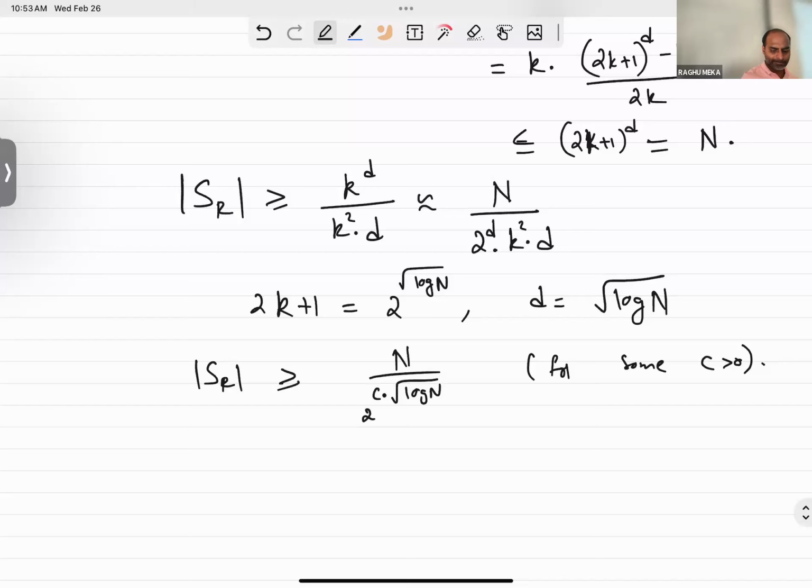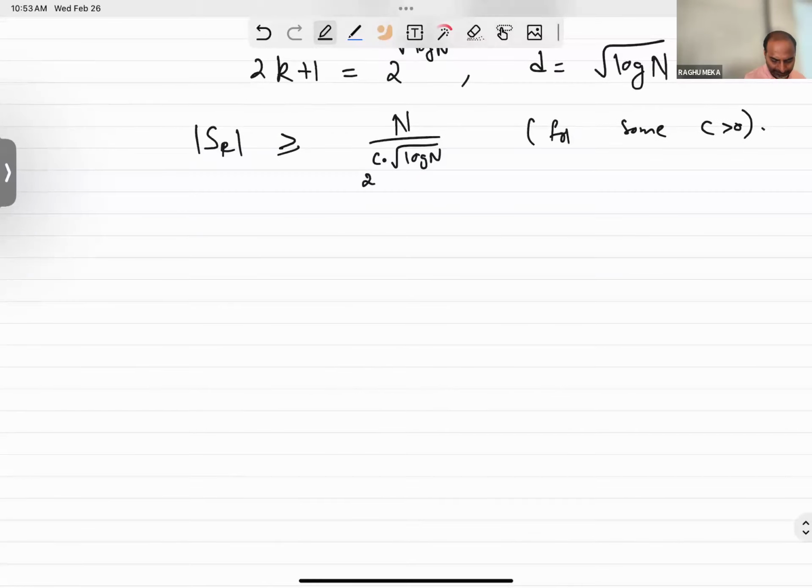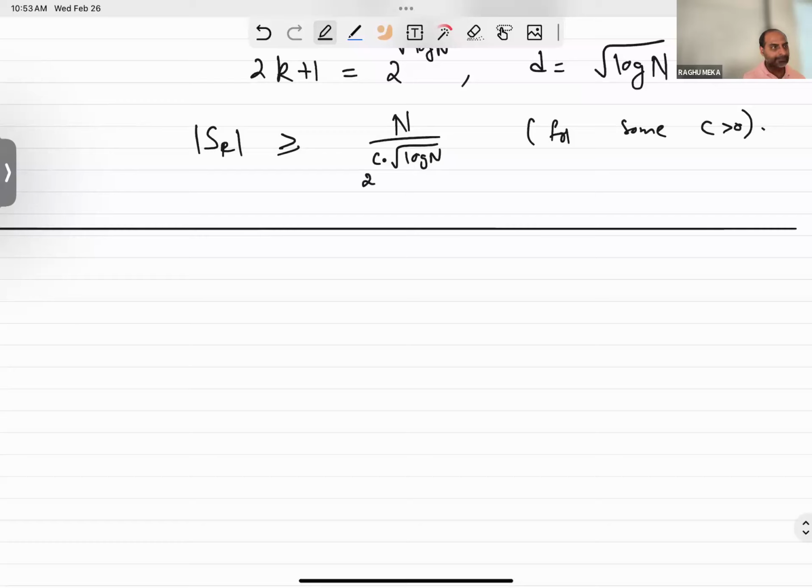So if this is sort of based on the fact that you can find a sphere large enough for which there are a lot of lattice